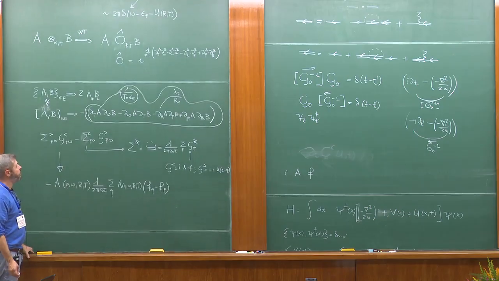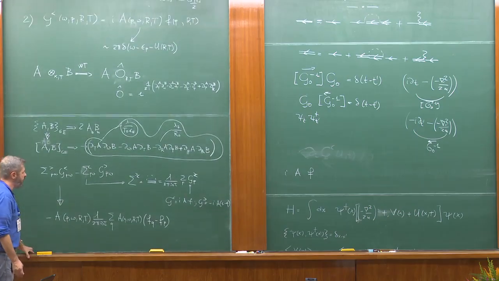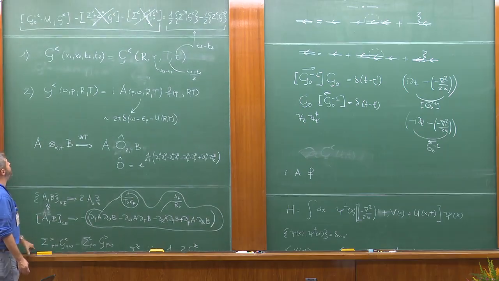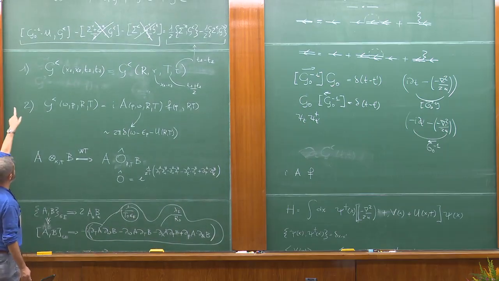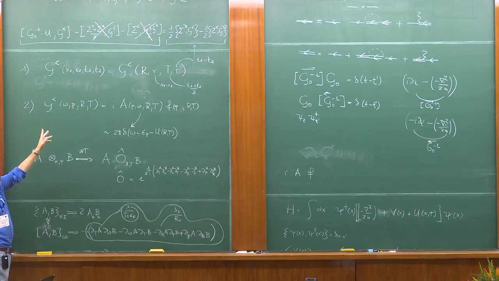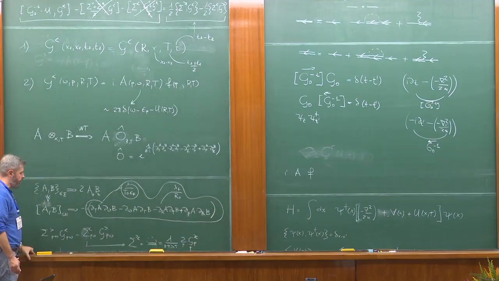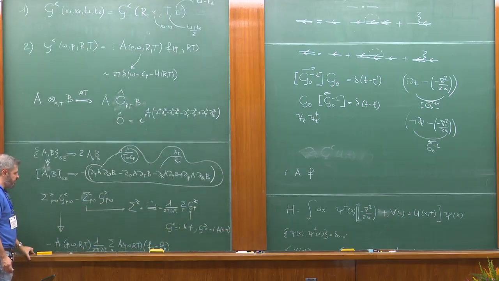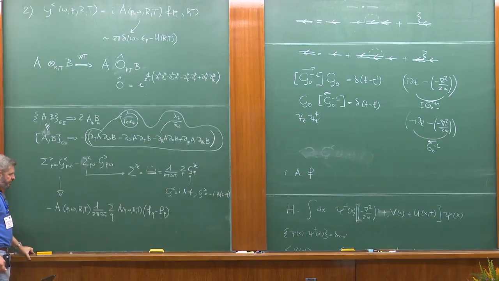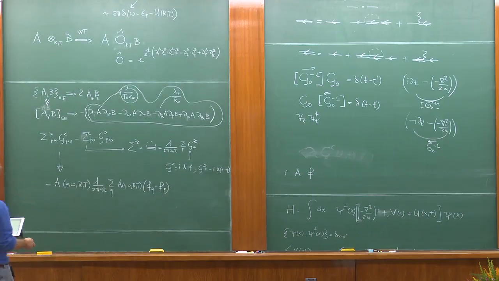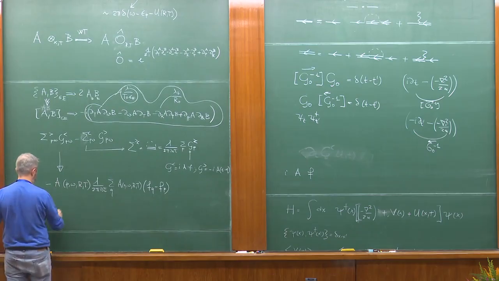Okay, so now there is one last thing that I have to do, which is to take the gradient expansion of the action of that differential operator on G lesser. Well, there is not much need to take gradient expansions there. You just have to do the Wigner transform and figure out the various terms. And if you do the Wigner transform of that term, you will get the following. So let me show you. You will get